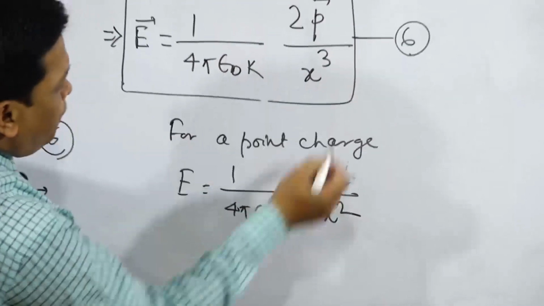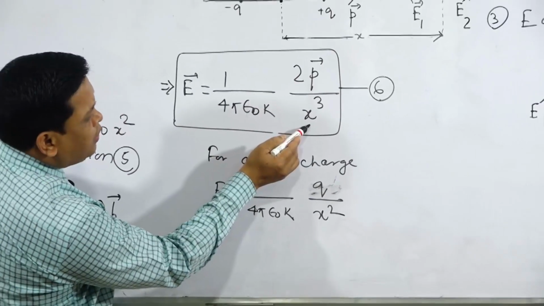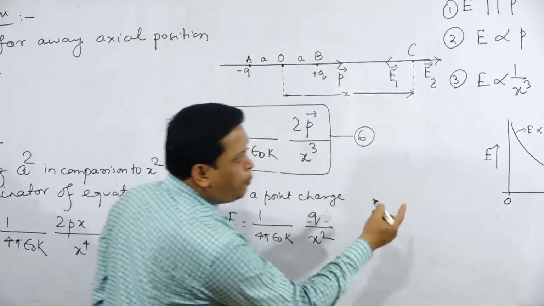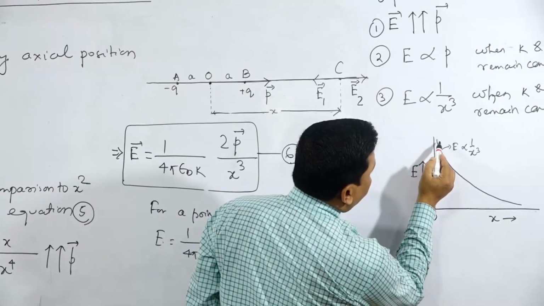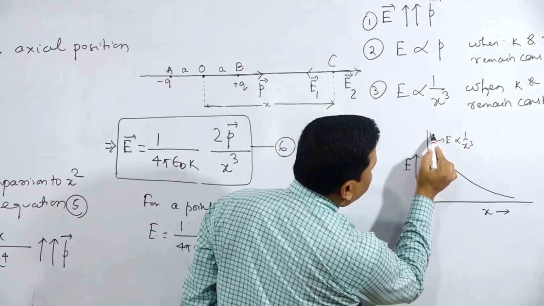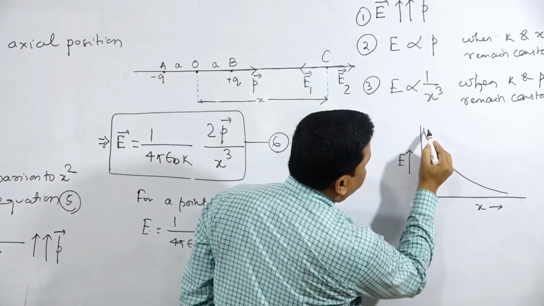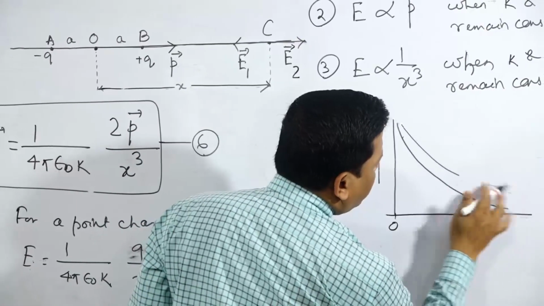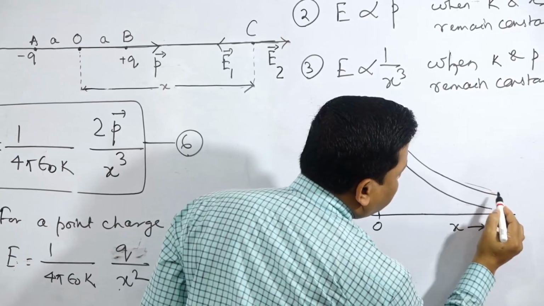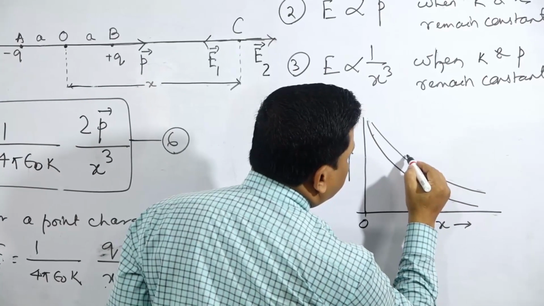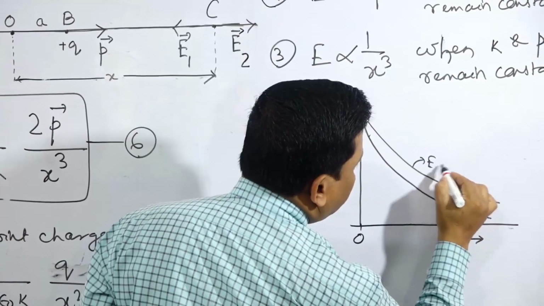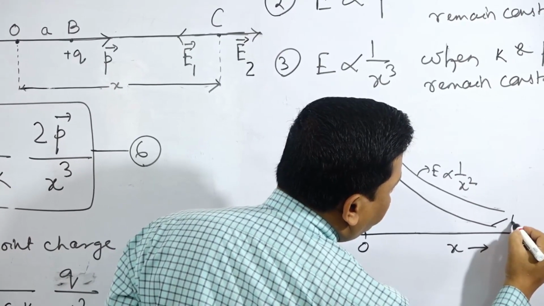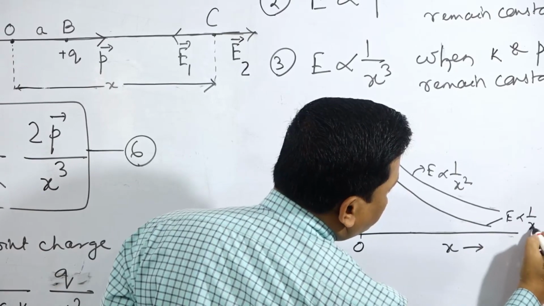Now you compare: here E is inversely proportional to x cube and here E is inversely proportional to x square. So if you plot a graph for a point charge also, in the same graph you can show like this. So this is the graph for point charge. This is for point charge, E inversely proportional to x square, and this is for dipole, E inversely proportional to